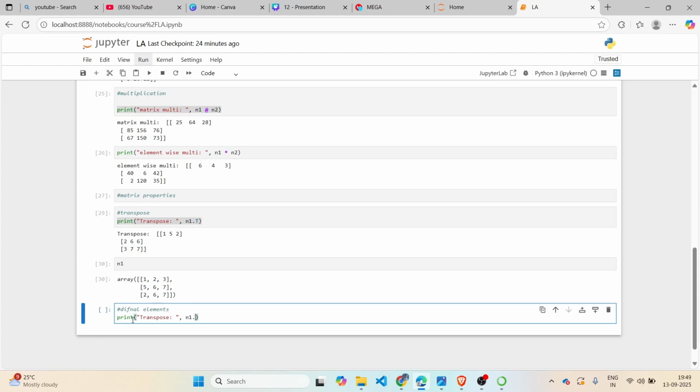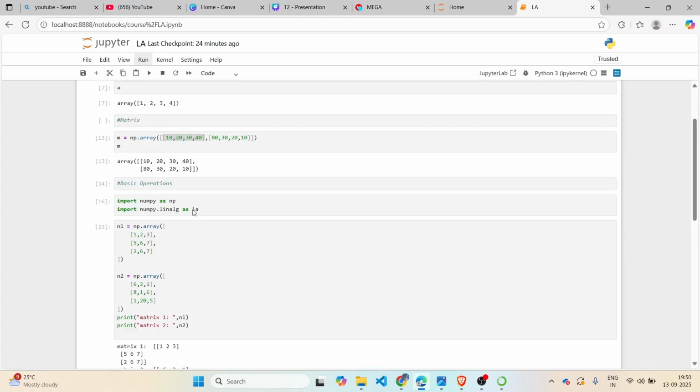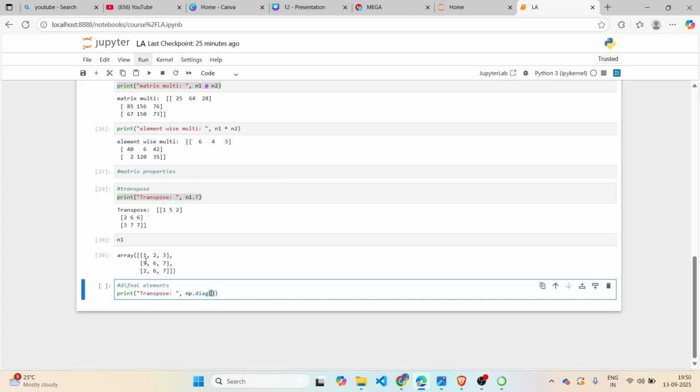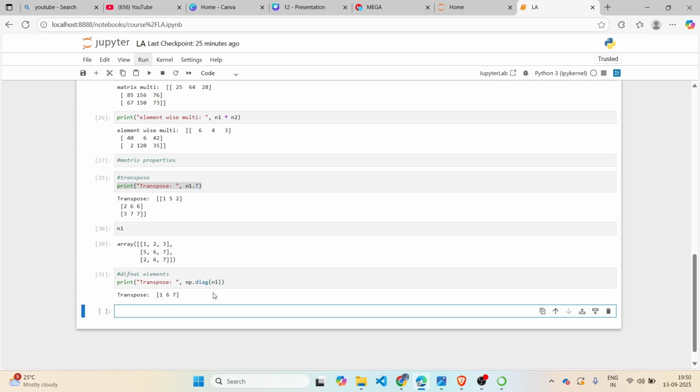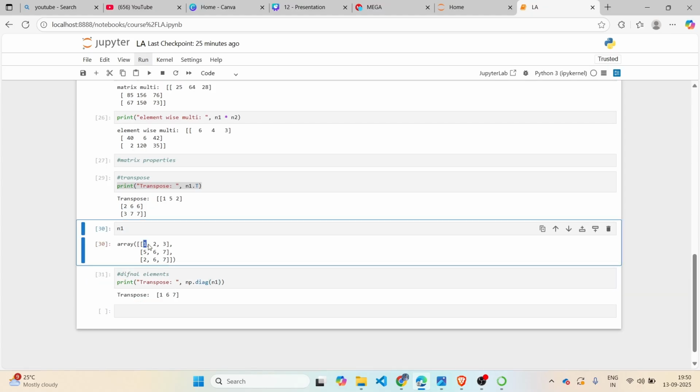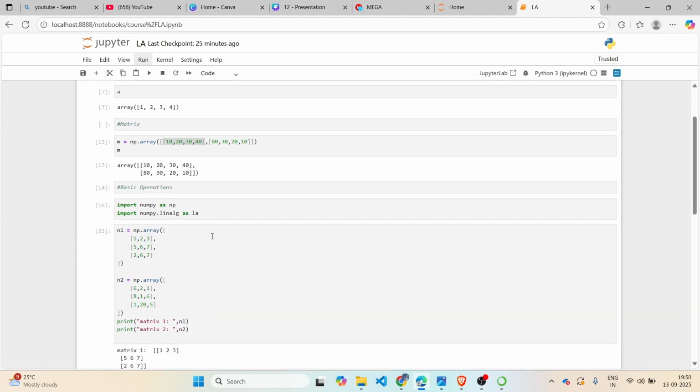For diagonal elements, you have to run np dot diag, the NumPy function for diagonal elements, and now we have to write on which matrix we are going to use it. As we printed the first matrix here, I will show you for the first one. Here you can see the diagonal elements 1, 6, and 7. If we change our matrix from here,